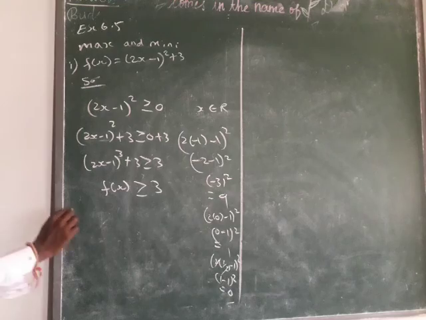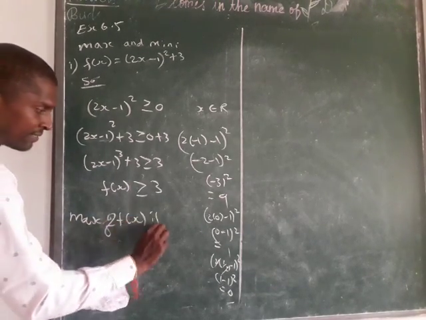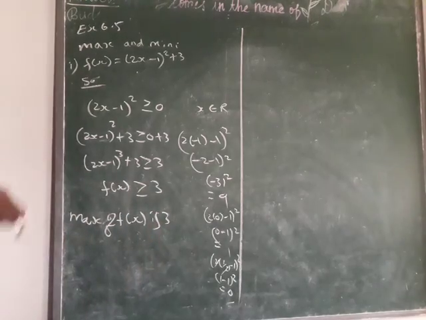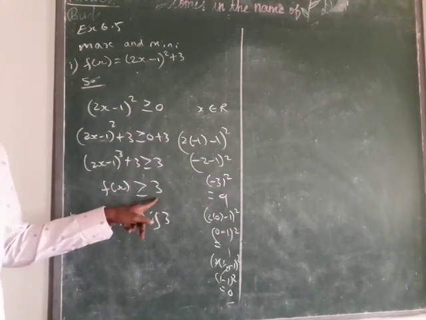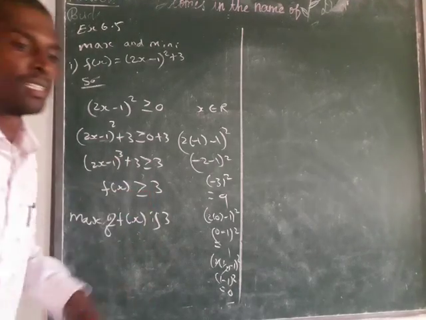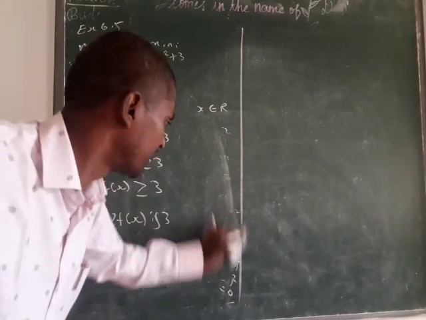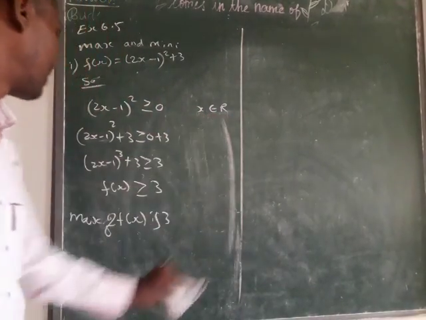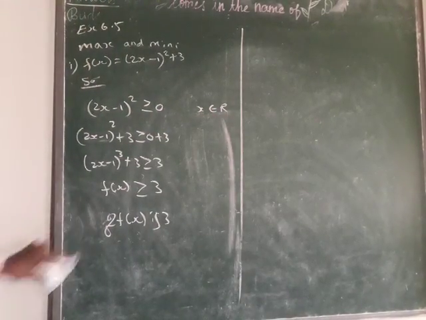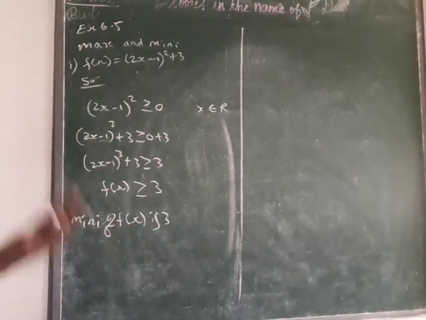And then we have to find the maximum value. We are able to identify it when we get 3. So instead of x, what do we substitute to get 3? How to identify that? When we get the minimum value. It's not the maximum value, sorry. The minimum of f of x is 3. We don't know about the maximum.